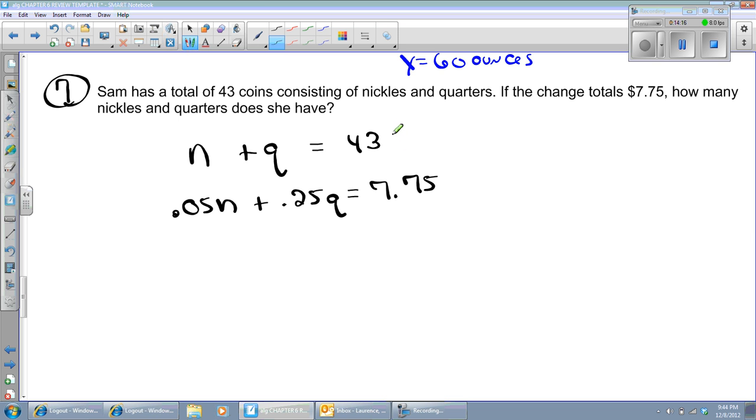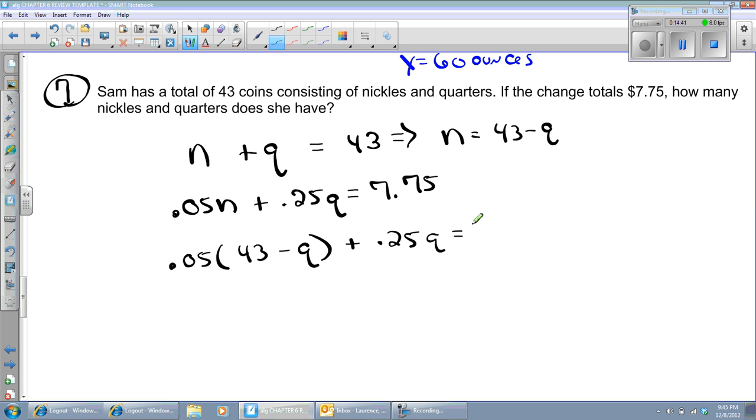I'm going to do this by substitution, I think, and I'm going to get that n is going to equal 43 minus q. So I'm going to do 0.05 times the quantity of 43 minus q plus 0.25q, and that'll equal 7.75. I'm going to distribute here, and I'm going to get negative 0.05q plus 0.25q,